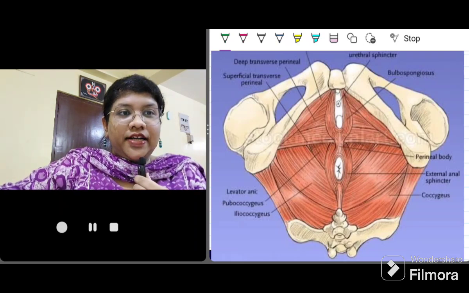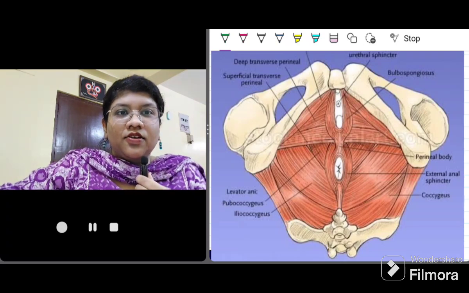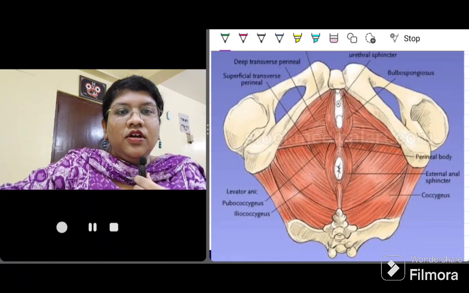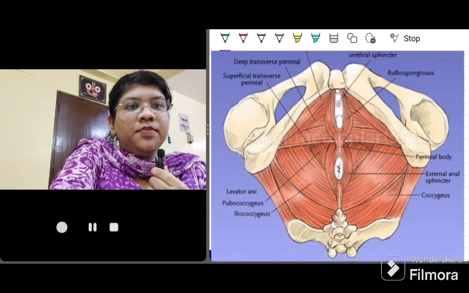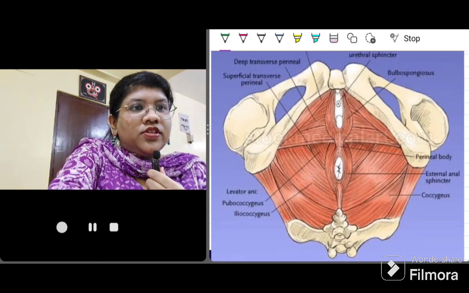Before going into the depth, first understand the pelvic floor anatomy. Here I will be discussing only the relevant anatomy for OASIS. Maybe in some subsequent session where I'll be discussing prolapse, there shall be highlighting on the anatomy of the pelvic floor along with the supports of pelvic floor organs in detail. But here you should just understand which muscles are involved in the pelvic floor and in OASIS. So you can see around the vagina,